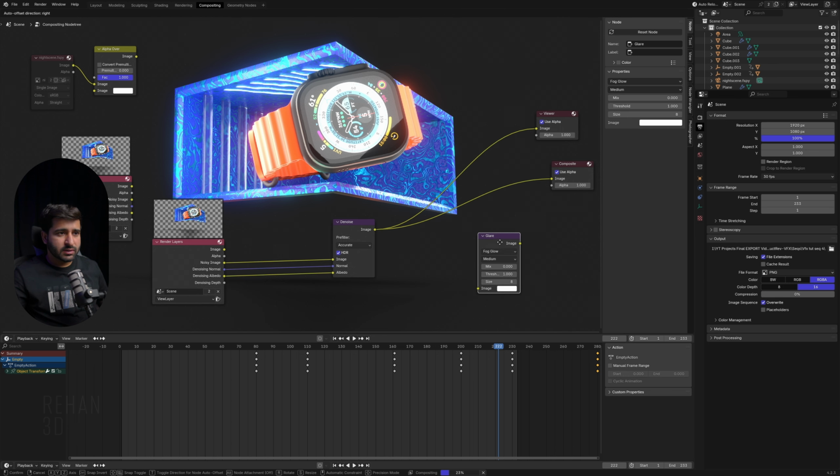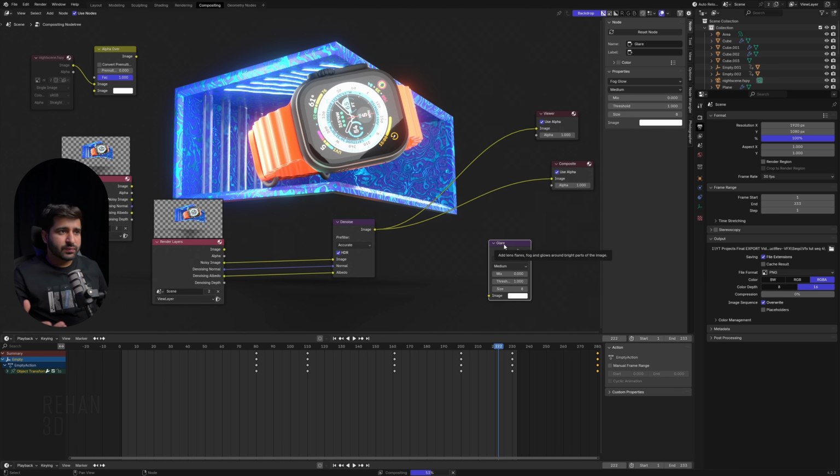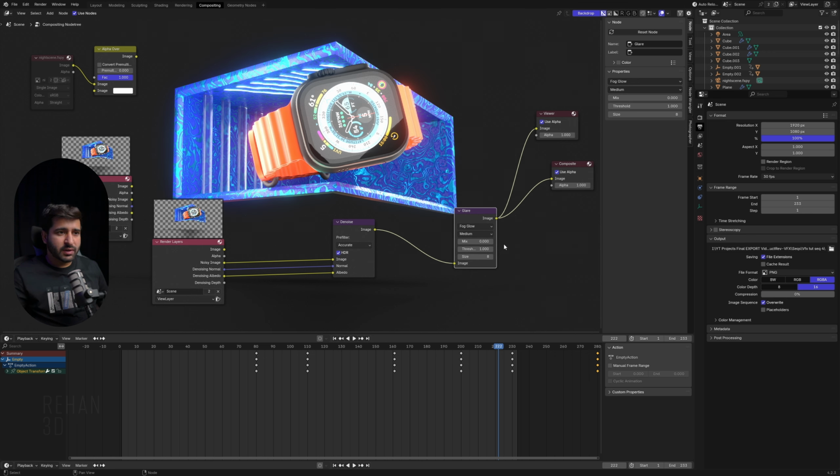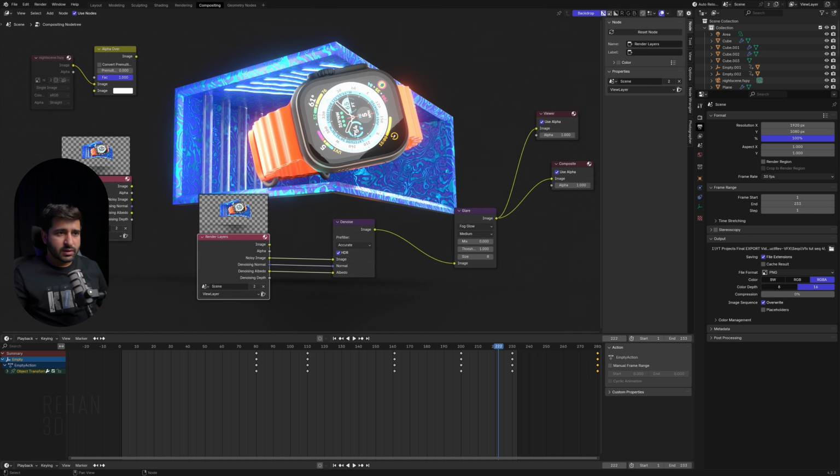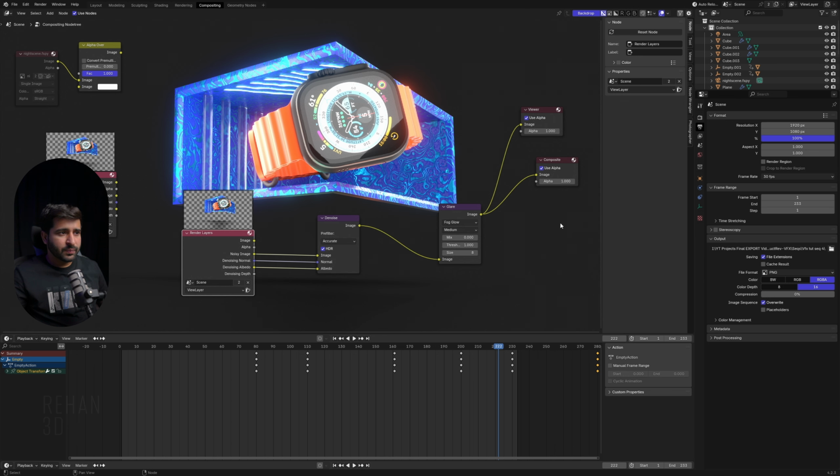If you don't want the glow, just remove it, and you can simply use it without. But glow gives a good look, so that's why I'm using it. You can just copy this and do the same steps, so you will get the same results as mine.